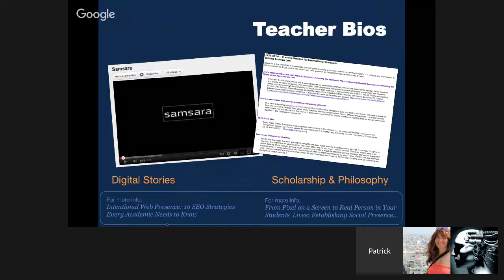If we look at Chickering and Ehrmann's literature back in the day, we can see that the relationship with the teacher is important. And so a lot of the things that Joni and I think about when we talk about doing bios is, well, if it's important for students to do it, instructors should do it as well. So digital stories is one way. With the Center for Digital Storytelling, I did a digital story on